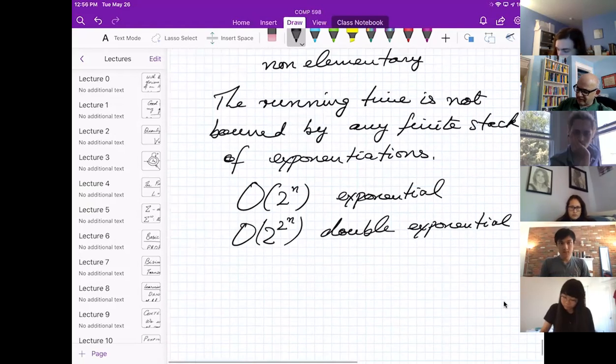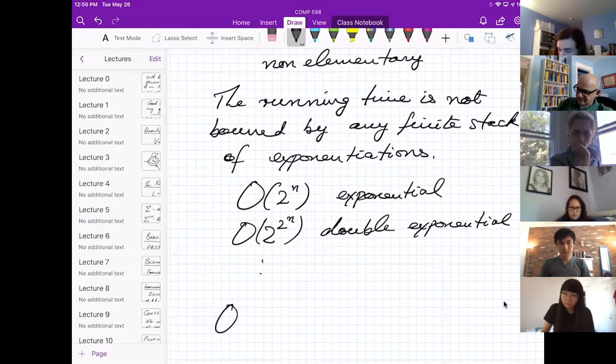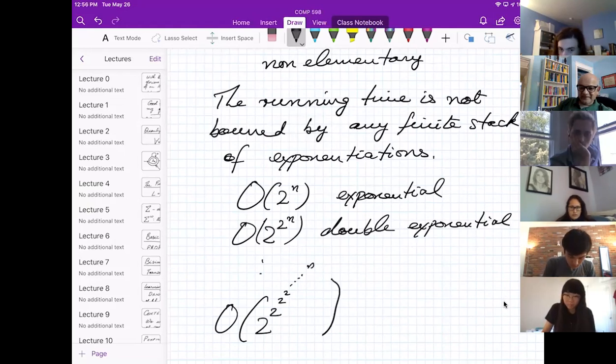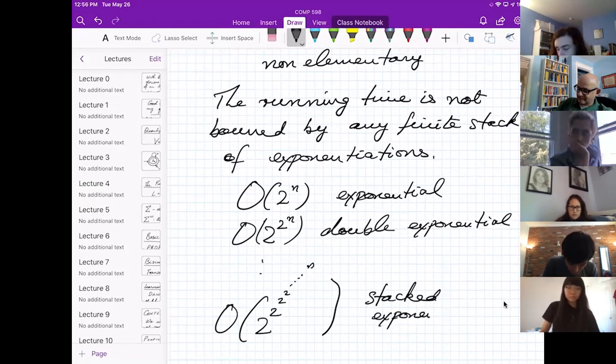Then you say, well, I'm letting you stack like that. That's like a stacked exponential. So non-elementary means it goes beyond any stacked exponential.